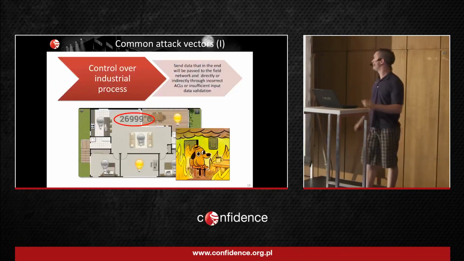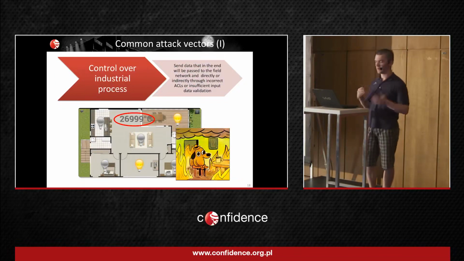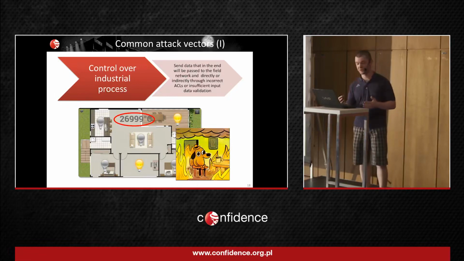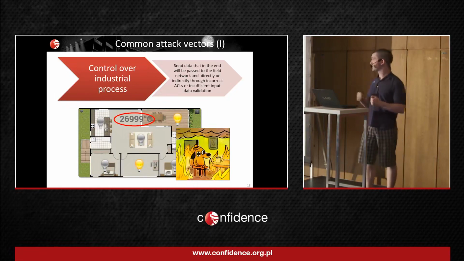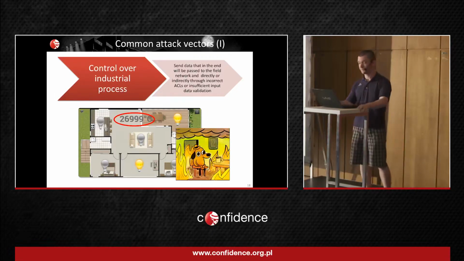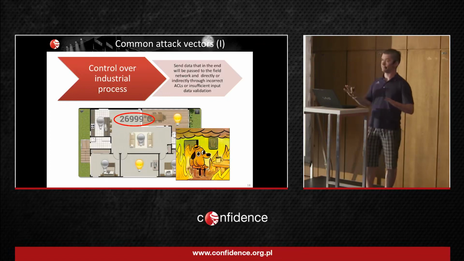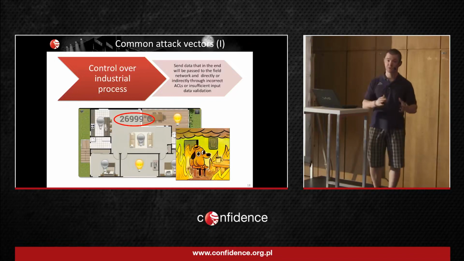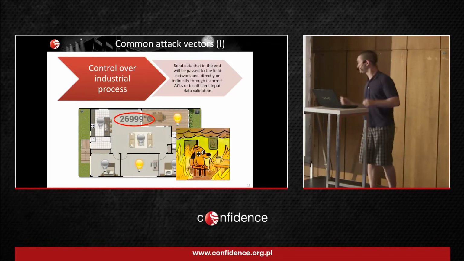So, what are the common attack vectors? The first is when the attacker tries to influence, directly or indirectly, the technological process. For example, the attacker can send some malicious data to a controller and try to break it, or, which is even more dangerous, change its configuration. Just imagine, during some technological process you're supposed to get some product, but after the attack modification you get the same product but slightly worse.